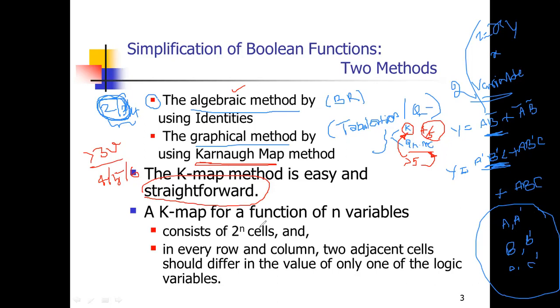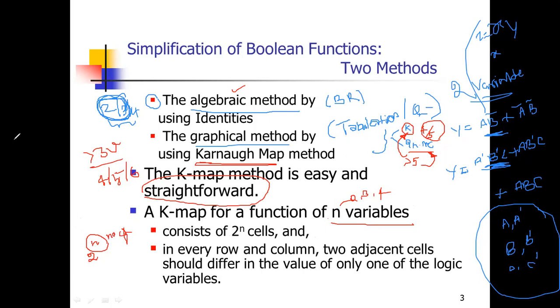So a Karnaugh map, or otherwise called K-map, has n number of variables. That means either a two-variable equation, or three-variable, or four-variable equation, any number of variables. If it is two variables, it consists of four cells. According to the variables, the number of cells is calculated, where n is the number of cells in a Karnaugh map.